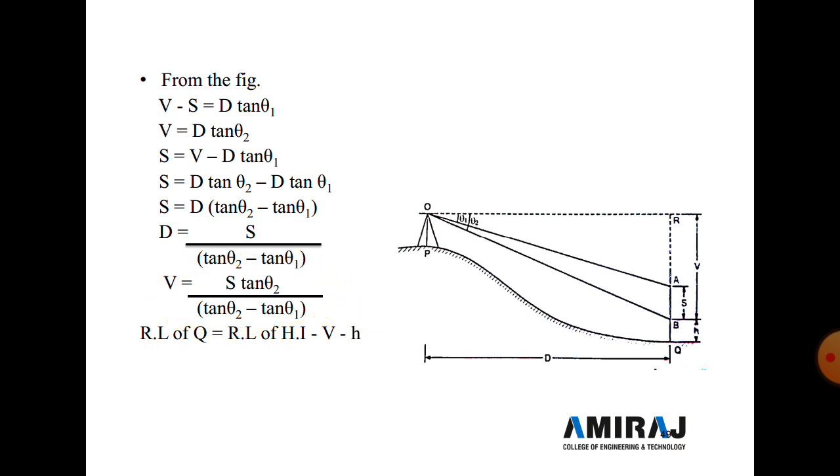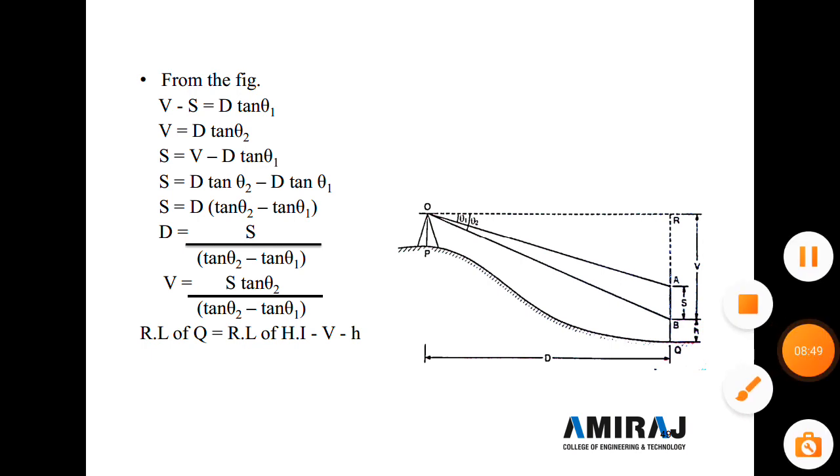Now RL of Q point, this point, RL is RL of P point plus HI, that is RL of HI, minus V minus H. So we reach up to the Q point and we get the RL of Q point. Now we start